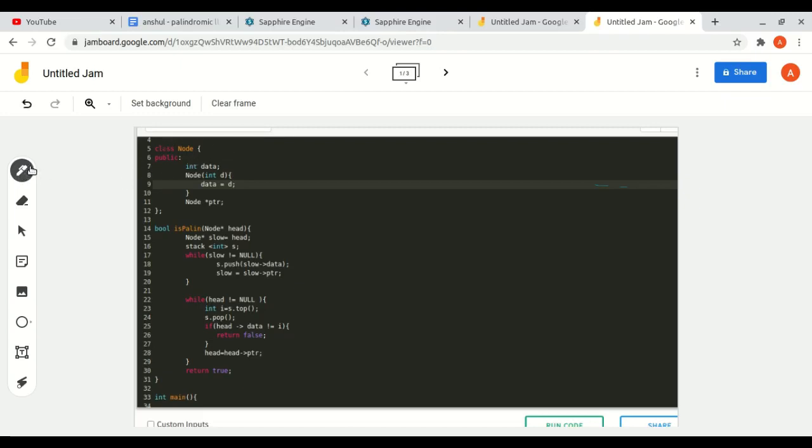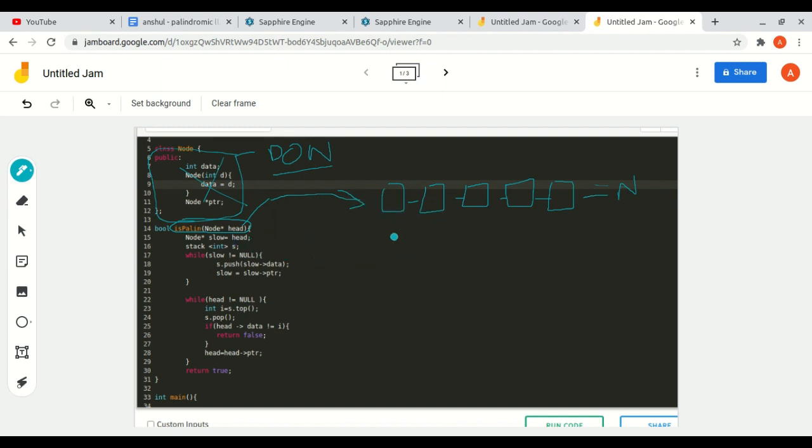This is just a definition of a node. How does a node look? So no need to look at this. We are just given a function and a head node. Let's generate a palindrome linked list, and this is null. So this head node points to the first element of the linked list.